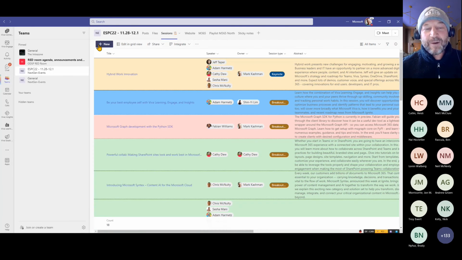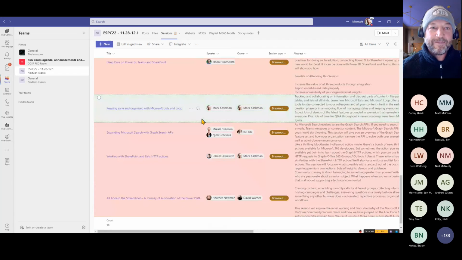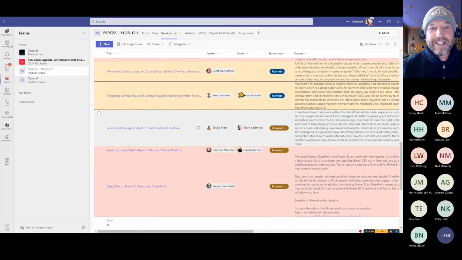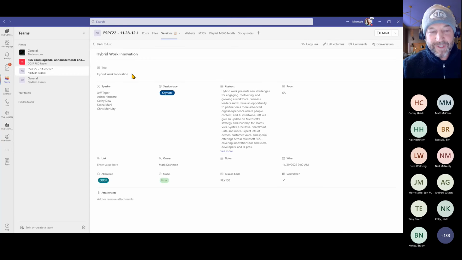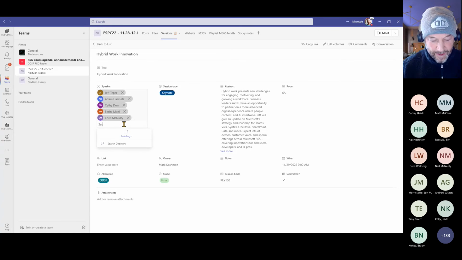But that value of me now being able to, within the context of the team, have the sessions listed. This is the public website. There's some other things that I put in here just to be helpful for the actual management of the event. And in here, if I went into something like the Keynote, you can see you can have a speaker column with multiple people. If I go in here, and again, we're planning to have Sesha there. If I needed to add him now, I can certainly, or sorry, Sesha's already a part of that. If I needed to add